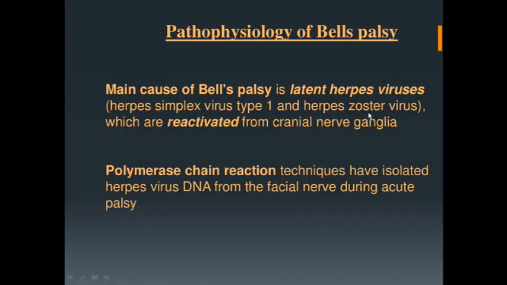You all know these kind of viral infections, once they infect your body and your body recovers, these viruses lay dormant in certain nerve ganglions. They lie dormant for years together. Sometimes due to low immunity, a transient phase of immunosuppression in a person can lead to reactivation of these viruses, and that is one of the supposed causes of Bell's palsy. Remember, the commonest explanation they give for Bell's palsy is idiopathic.